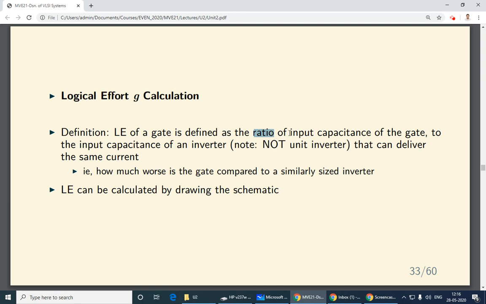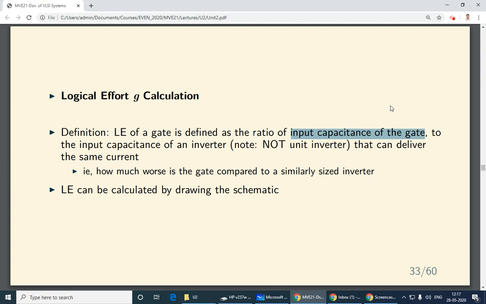In the numerator, I'm going to put the input capacitance of my gate. My gate can be anything. It can be a NAND gate, a NOR gate, or any other gate, and I am going to calculate it. Somebody will give you a gate, meaning they will give you the connections: how many PMOS, how many NMOS. Plus, as you know, from now on we are going to have sizes. Nobody will give you just a gate and say take this 2 input NAND gate. They will also give you the sizes of the individual transistors. So once they give you the gate, you can visually see that the input is connected to two PMOS transistors and two NMOS transistors.